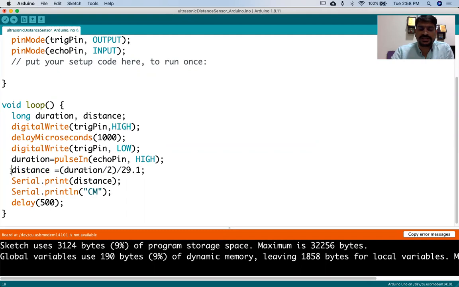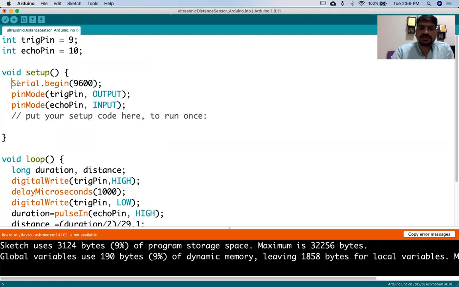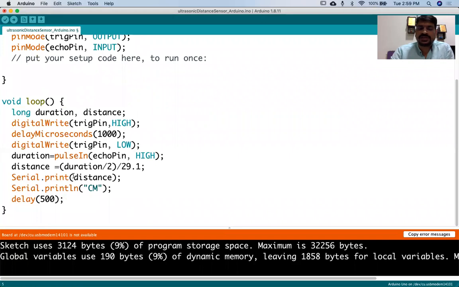After getting the distance, we just print it, just like cout or printf. We print whatever distance we are getting, in the serial monitor. As I told you, I'll show you the serial monitor. In this serial monitor, we can see the output. What output? What is the distance between the object and this ultrasonic sensor? And then I'll print cm because it is in centimeters, so the distance and the cm will be printed.